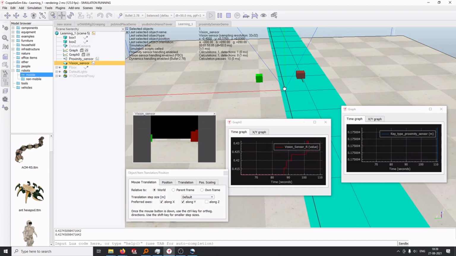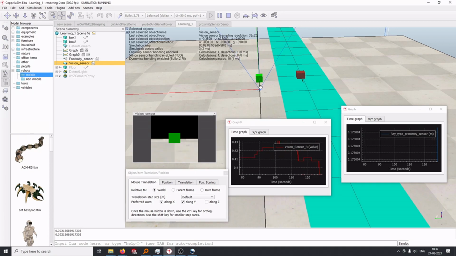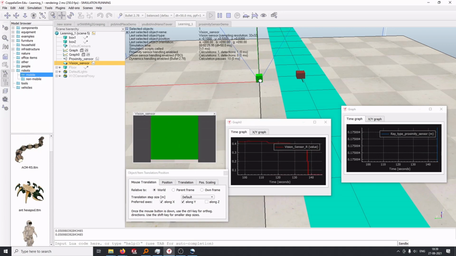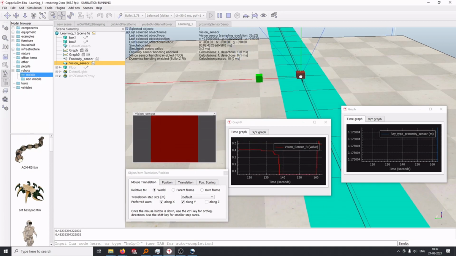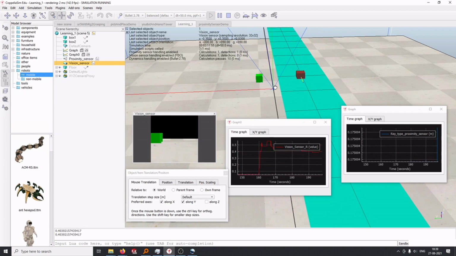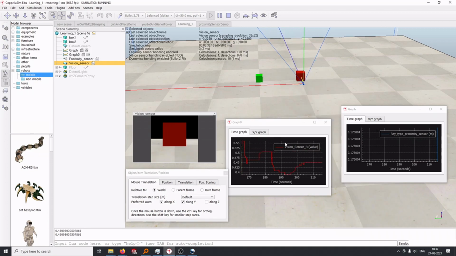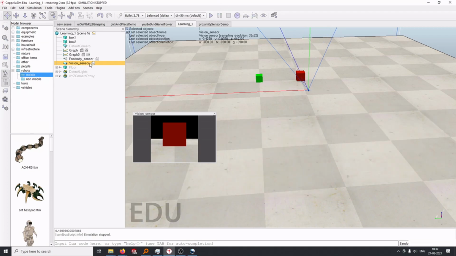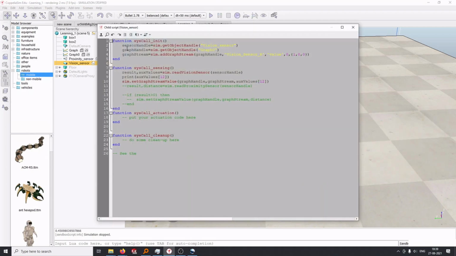Okay, so right now, if this is completely green, then there's no red over there. So it's making sense, right? The values are correct. So now we'll add another, let's say we'll add a green because we have a green block here. It's a similar procedure. We go to the script, we have to just read the stream data. First we have to mention in the graph.